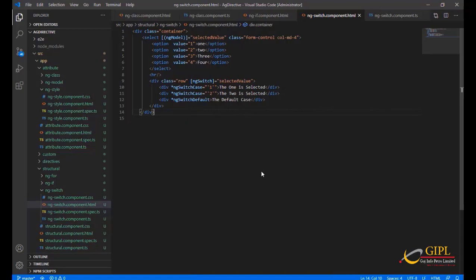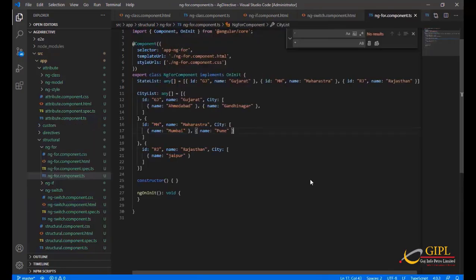In Angular ngSwitchCase directive, the inner elements are placed inside the container element. The ngSwitchCase directive is applied to the inner elements with a match expression. Whenever the value of the match expression matches the value of the switch expression, the corresponding inner element is added to the DOM. All other elements are removed from the DOM. If there is more than one match, then all matching elements are added to the DOM.